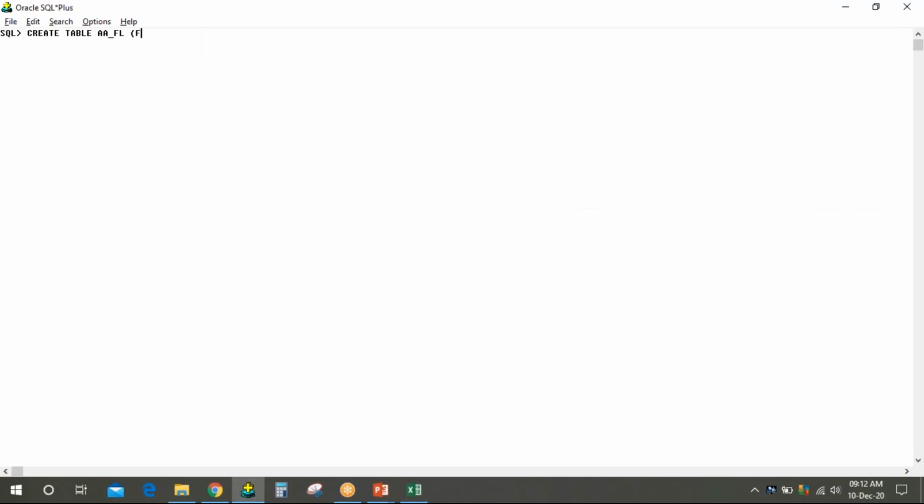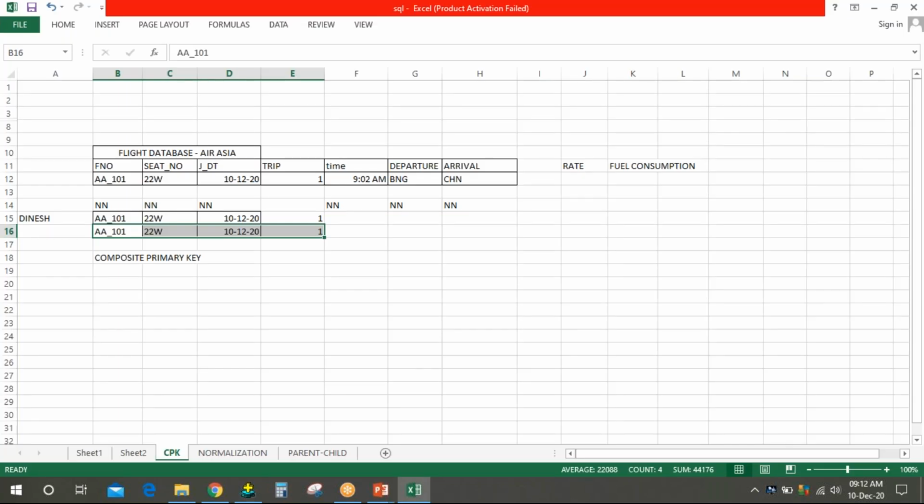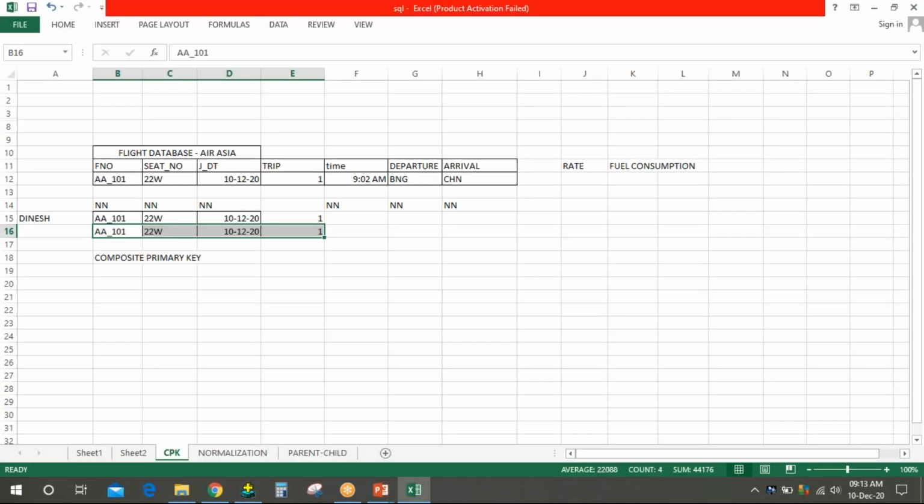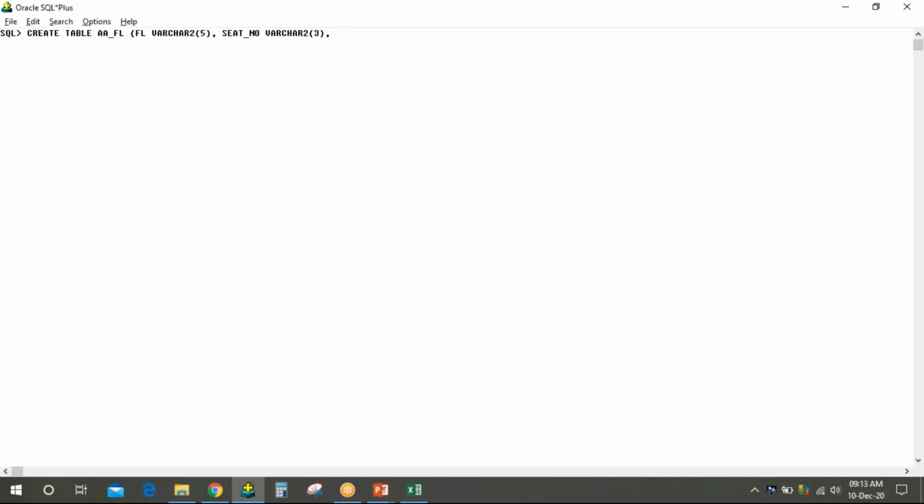Flight number, then the flight number underscore, then the journey date, underscore and date.